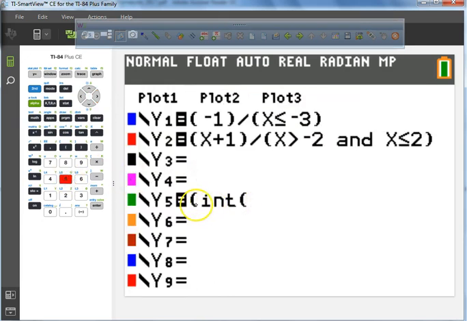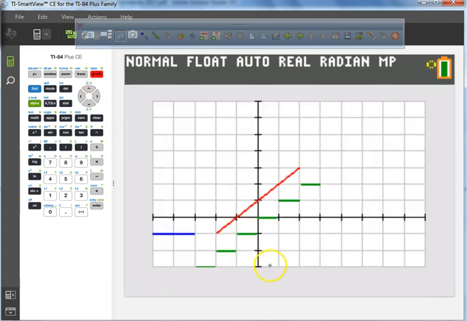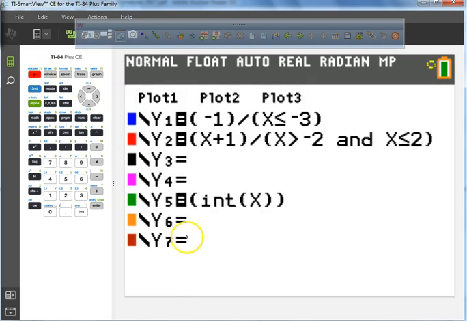So right now, open the parentheses. Hit math, right arrow, number 5. Type in an x. Close the parentheses, and hit graph. And you will clearly see that we have a step function going all the way up with no limited domain whatsoever. How do we limit its domain? We need to go over here, go down, go all the way to the right,